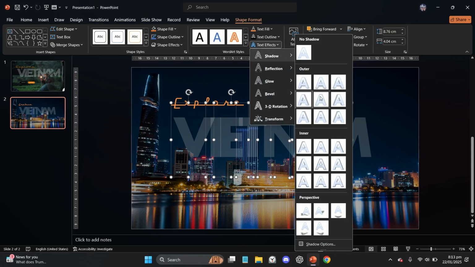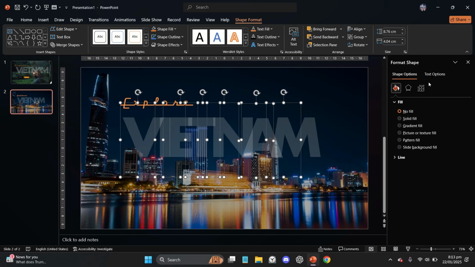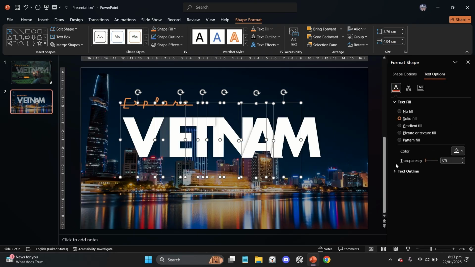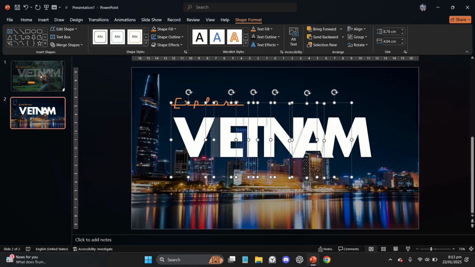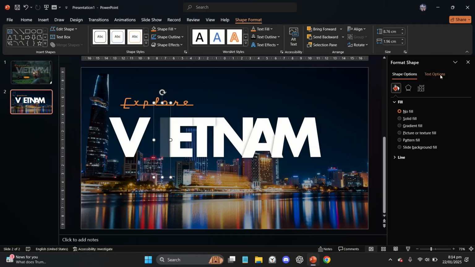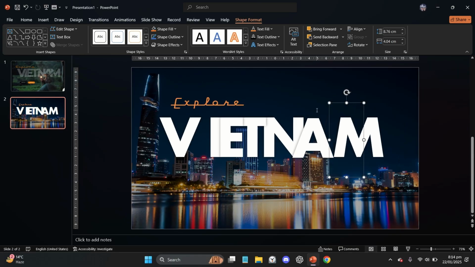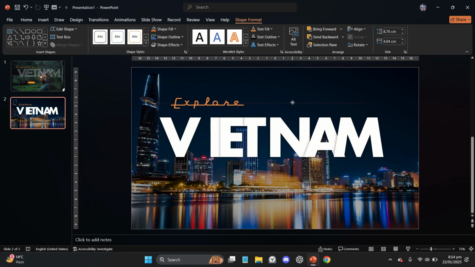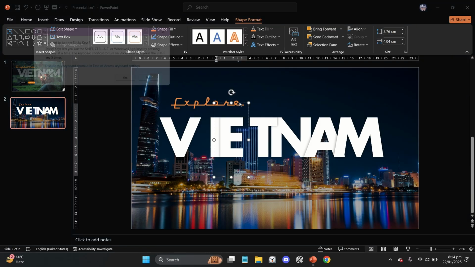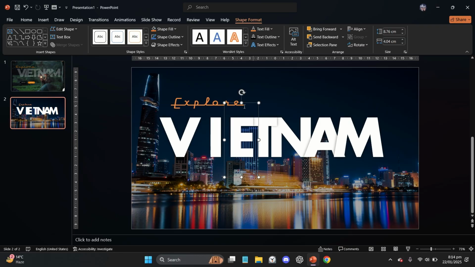So let's select all of them and give them this fifth shadow. Go to Format Shape, go to Text Options, and reduce the transparency to 0. And for this I, let me just do the same. Close the format background. What we're going to do is just reposition all of these text boxes next to each other in a nice pattern so that all of the letters are visible fully, and we can make out the words